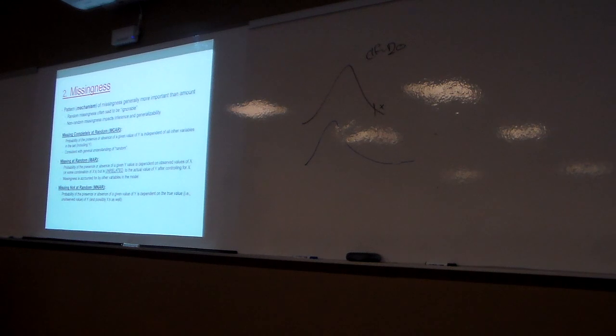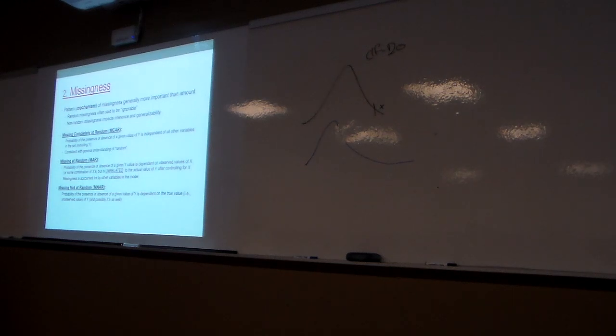And that data is missing not at random, right? Because the mechanism of missingness is a function of the actual value of y. If we actually had those values, we could see, oh, it looks like all our high values are missing, all the low values are missing. Well, we don't have that because those values are missing, and so then we've got a problem. Or maybe whether or not I have a value for my outcome variable is functionally related to some other variable in my model. Let's say that I'm missing questionnaire scores in MTurk because if I had someone who's just really angry, they quit, right? And so I'm missing scores from all my angry people, right?